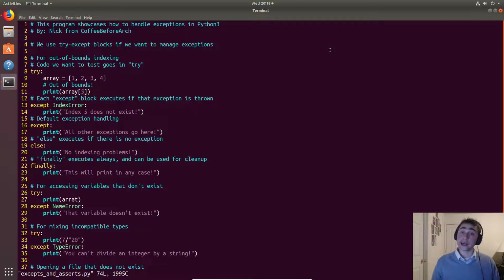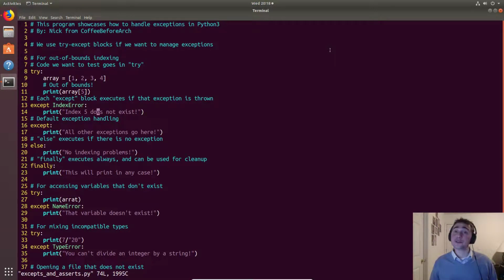Normally, this would just throw an index error, and we would automatically quit. But in this case, when we do this except IndexError, this says if within that try block you found an index error, instead of exiting the program, I want you to execute what's in this block. So instead of failing, we'll just print index 5 does not exist.